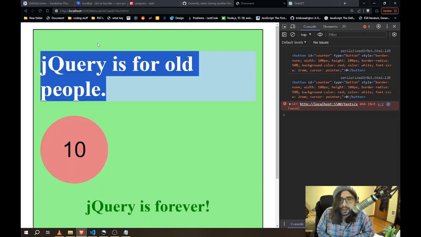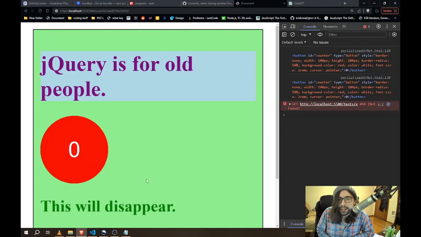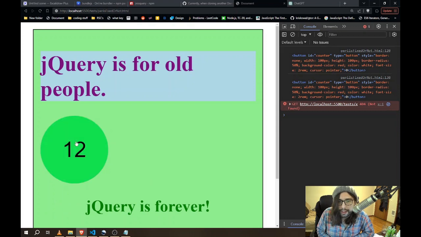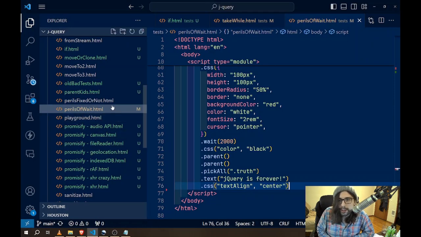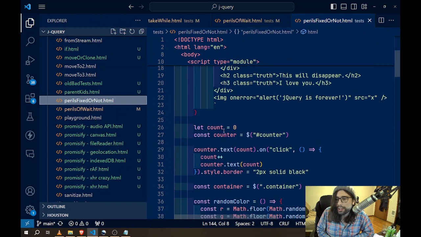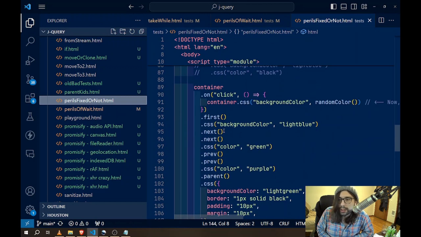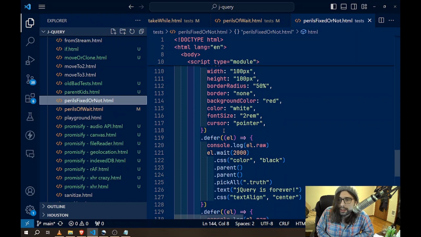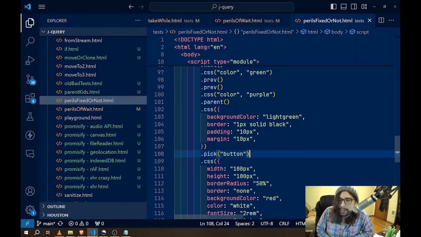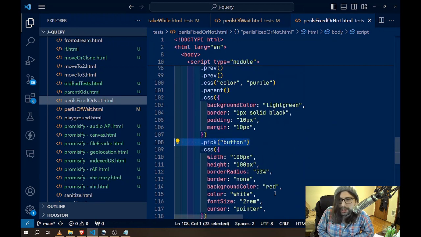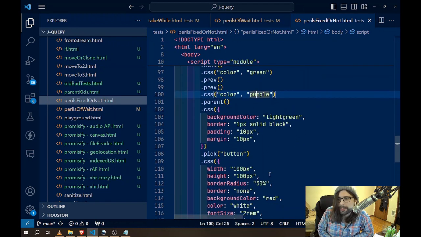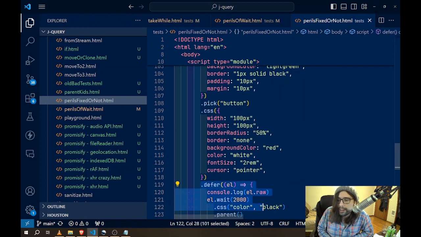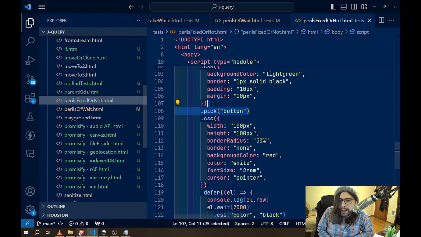Because look, we're clicking on the container and we're changing the color of something. And so let me show you the reason why this is happening. It's because when we call the defer call, it's going to be pushed down into the queue at the moment that you call it. So wherever we ended up beforehand, which just happened to be the button because I wanted to make it not confusing because we have all this craziness happening beforehand, because we call defer when the button is the last thing before the defer call,